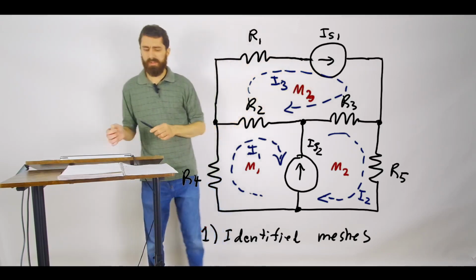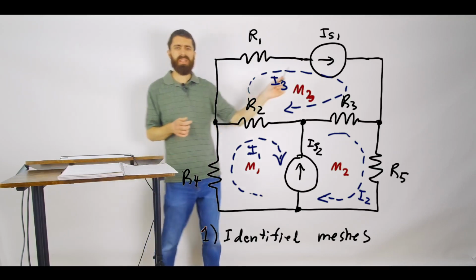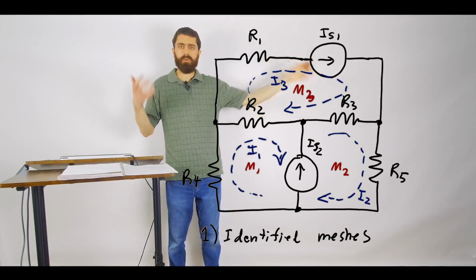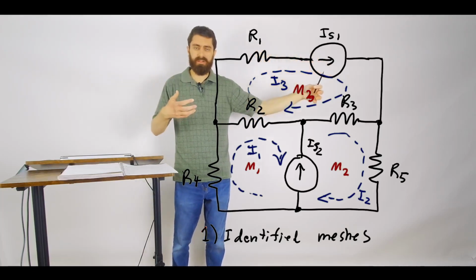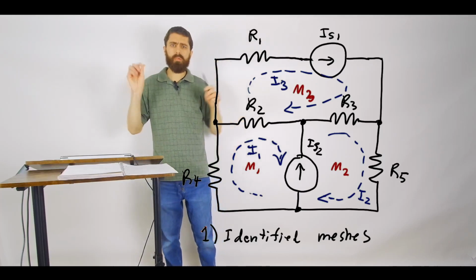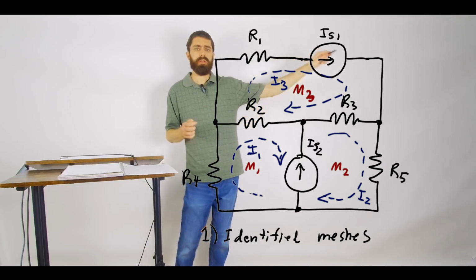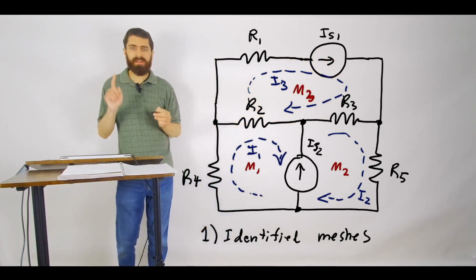And then on the next step, when we have to apply Ohm's law, we can't use Ohm's law to express the voltage across this source in terms of our mesh currents. So we run into a bit of a problem when we're doing mesh analysis and there are these current sources in our meshes. So I'm going to add a caveat